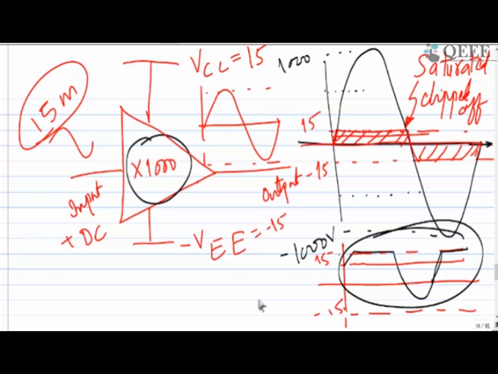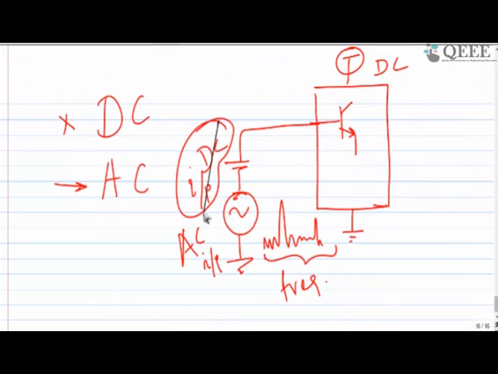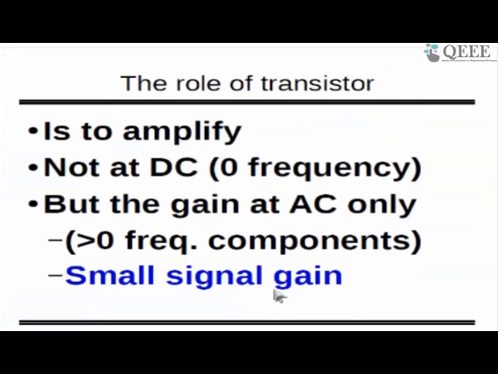I don't want shifting of DC or getting gain in the DC part. I want only amplification of the AC. If I want that, I have to follow what I am saying. I am interested only in small signal gain, not large signal gain. Large signal gain will not tell me the real gain value. It's an illusion. Maybe your gain is 1000, but you are seeing something like 15, 20 or something else because of the saturated output. And sometimes you see that there is no gain at all. If you are applying plus 15 to minus 15, your gain will be nothing. It will be just some saturated value.